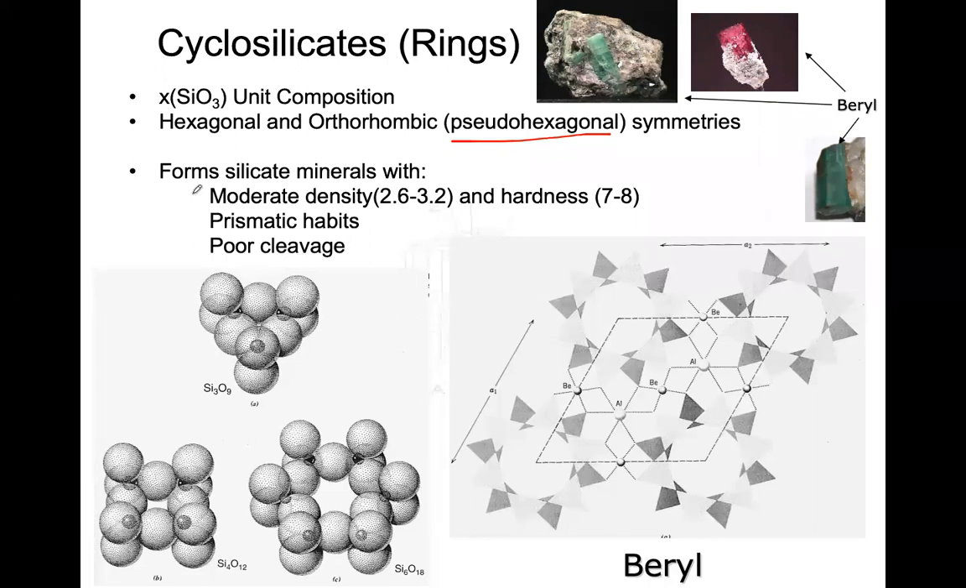these silicates are having moderate densities from 2.6 to 3.2, and hardnesses are varying from 7 to 8. That means a little bit hard. For example, beryl is one of such examples, and they have prismatic habits, and the cleavage is not present very well. So they have a poor cleavage. In some cases only you can see some cleavages like here. Otherwise they are not having nice cleavages, right? So